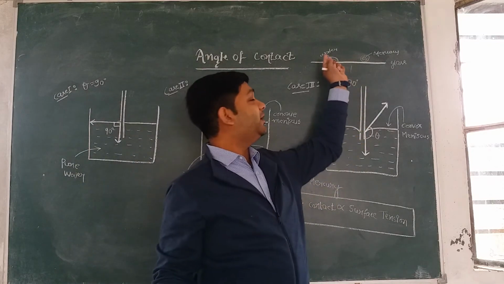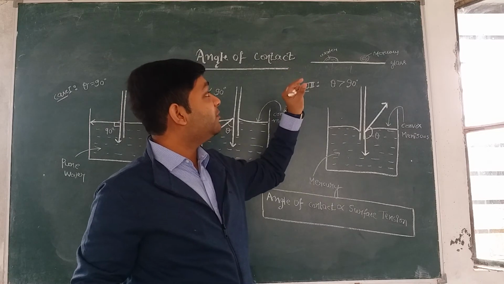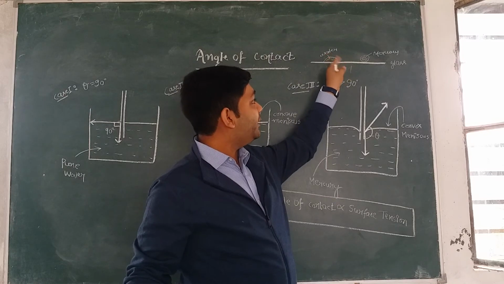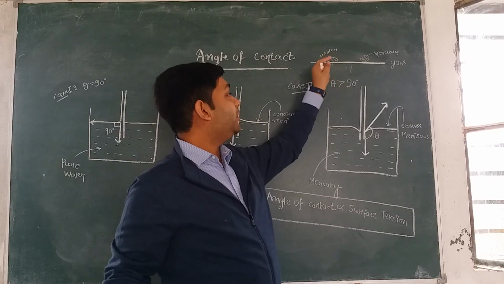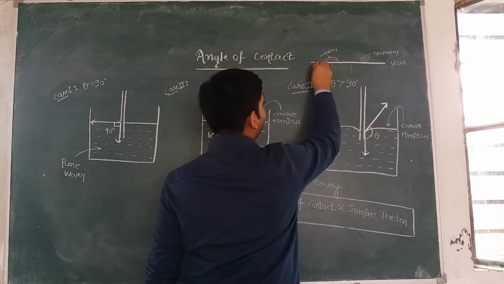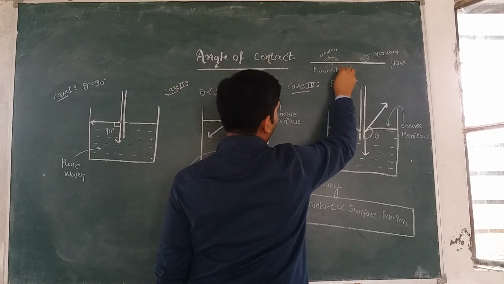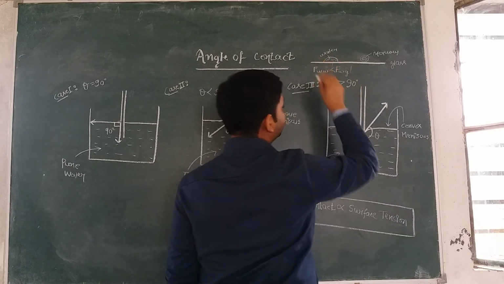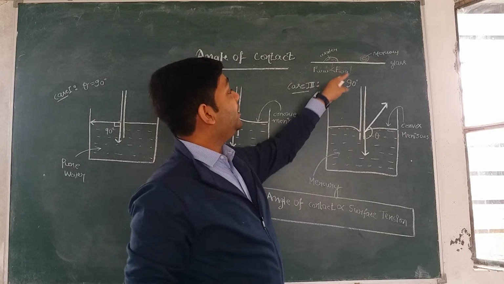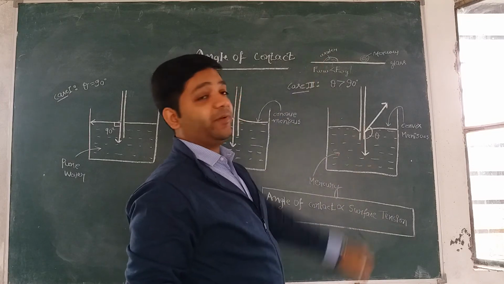In the case of water, the cohesive force, that means the force between the molecules of water, is less than the force between molecules of water and glass, and therefore the water drop takes the hemispherical shape, right? So we can write: force between water molecules is less than force between water and glass molecules. In this case, the adhesive force dominates or overpowers the cohesive force, and therefore this is the shape that it finally takes.